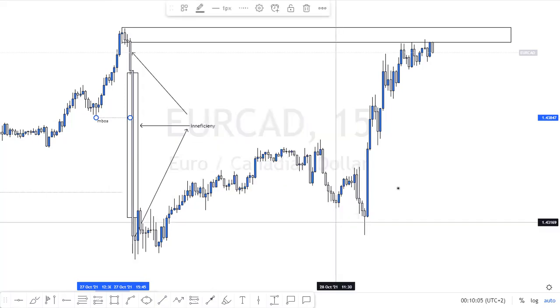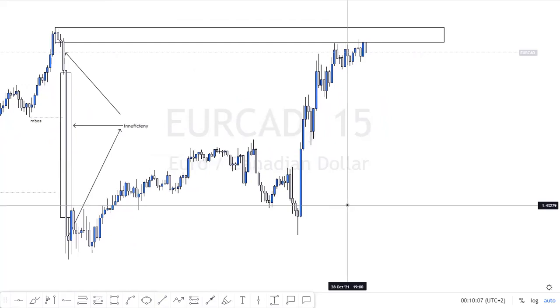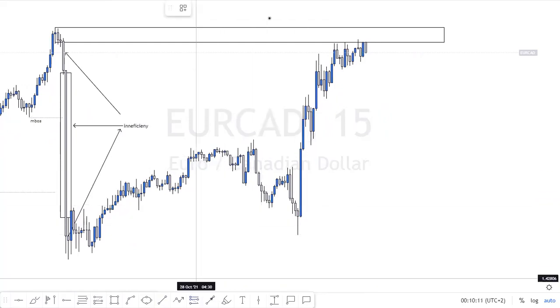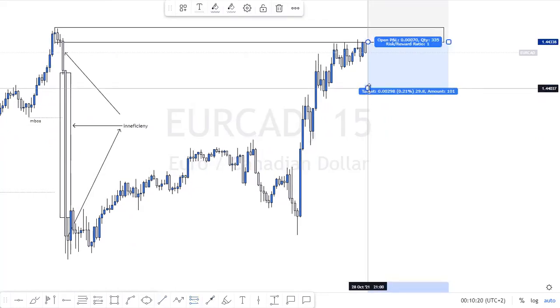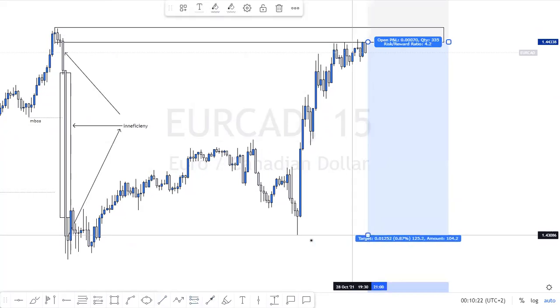Lower time frame break of structure. Fine. So what happens now is that you see we actually refined our point of interest. Maybe we can take ourselves in from here. Even here, I think we can get some drawdown. So now what are we targeting? We're targeting this low